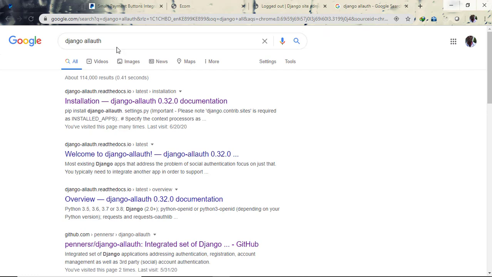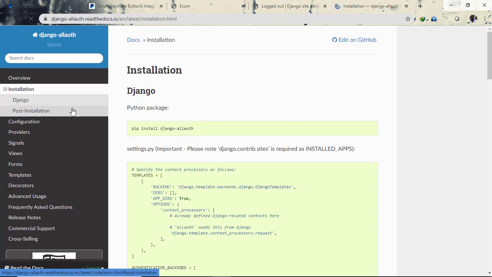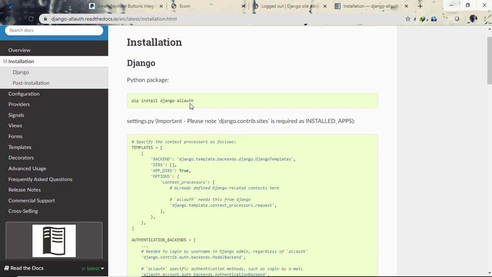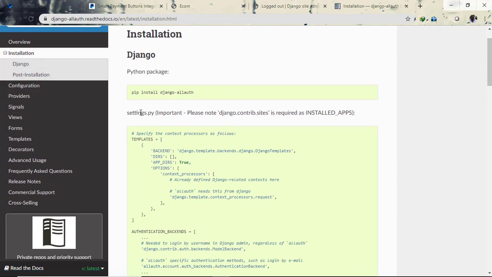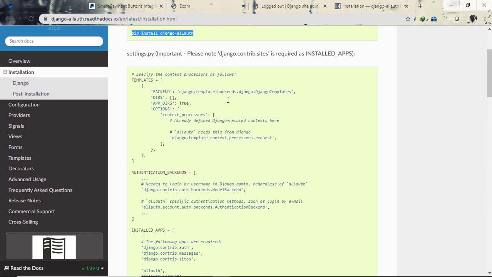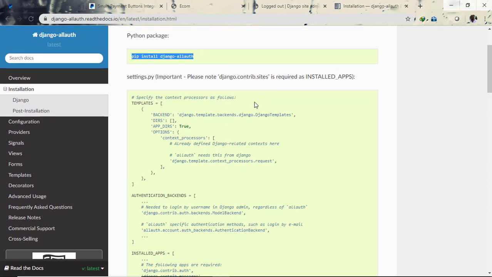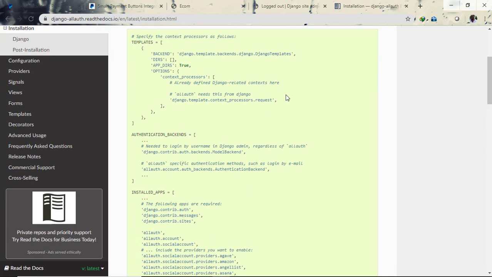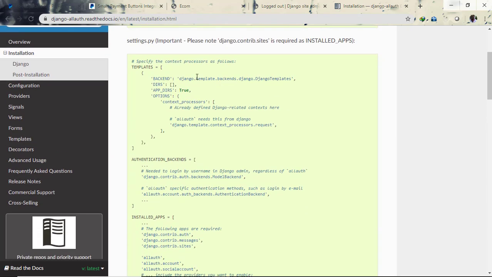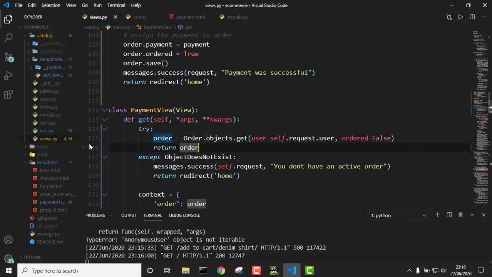So go to your browser and just type Django Allauth, and we'll go to the Allauth readthedocs.io to see what you can do. So here we have our documentation, and for the installation part, all you need to do is type in pip install django-allauth, and I already have Django Allauth installed. Here we have some configuration settings that we need to put down. We already have these templates settings inside our settings.py. If I can just show you,